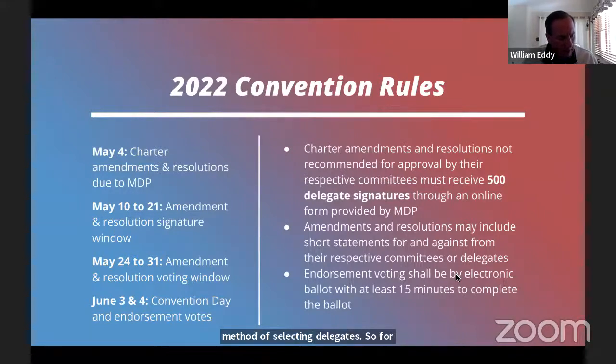So for instance, in the charter amendments, there is the typical charter amendments process that takes place, and recommended charter amendments. Those not recommended then have a process they can use of 500 delegate signatures, and they'll be presented in May. And you'll see through the dates that go through the process that culminate in a voting window between May 24th and May 31st. Also, there is a 250-word statement that can be put out to all state committee members. This is consistent with the process that was just used in the platform for the 2021